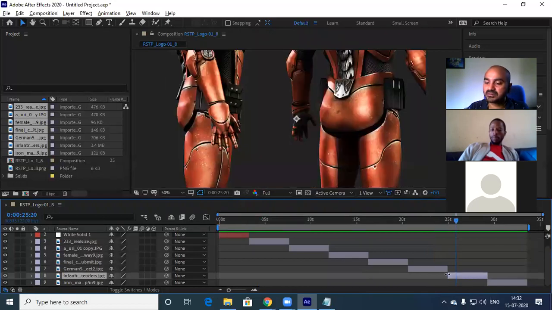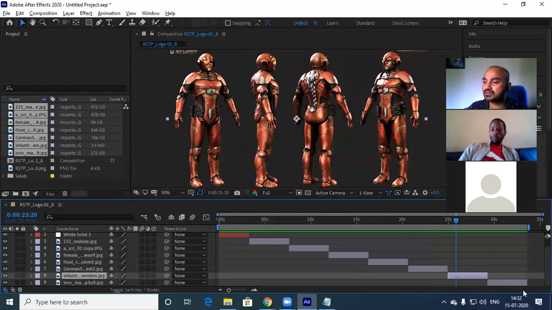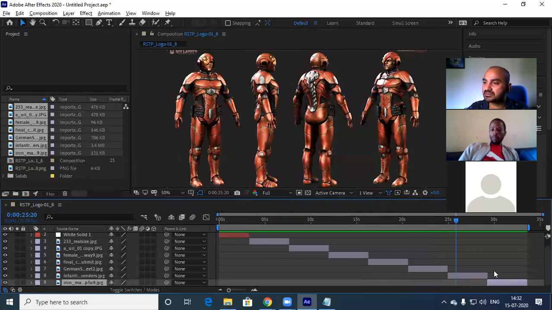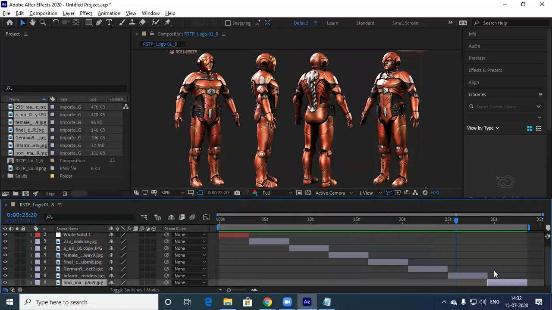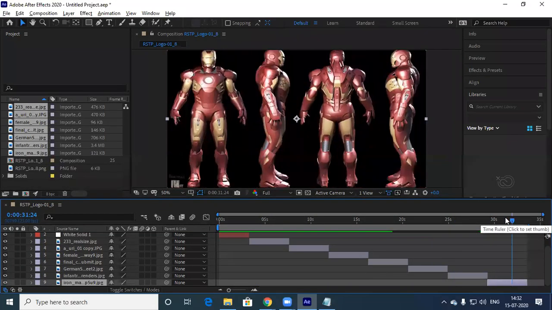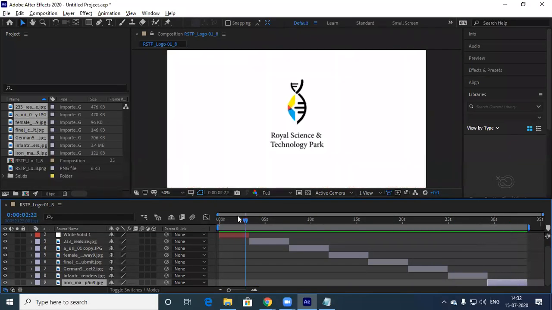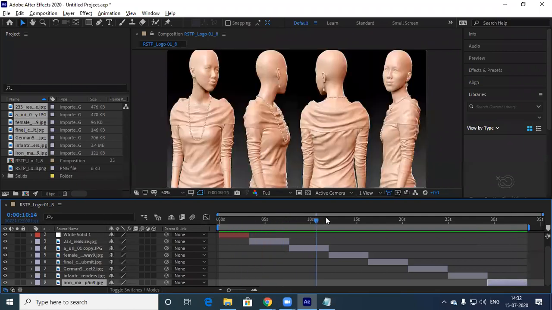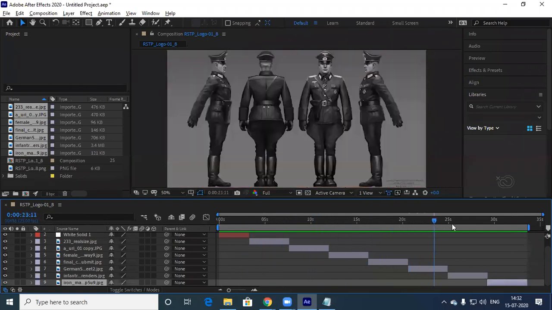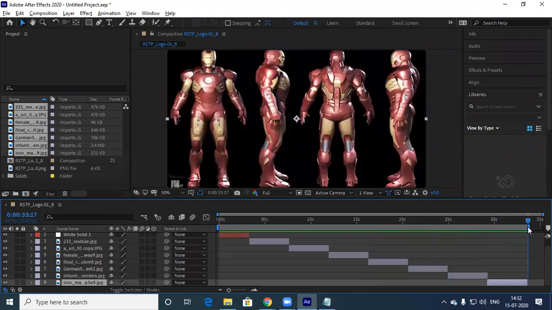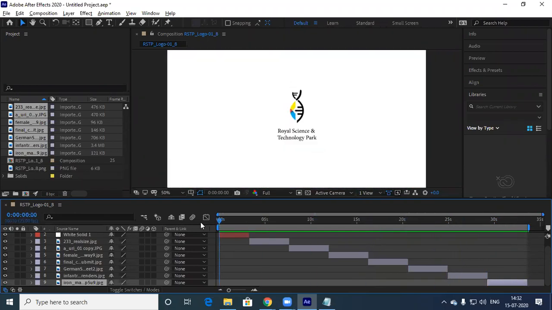I'm selecting this, Control Alt F, fit to screen. Same way selecting this, Control Alt F, fit to screen. Getting? See now, one after the other, there's a movement. Okay, like this. Any doubt is there up to this?